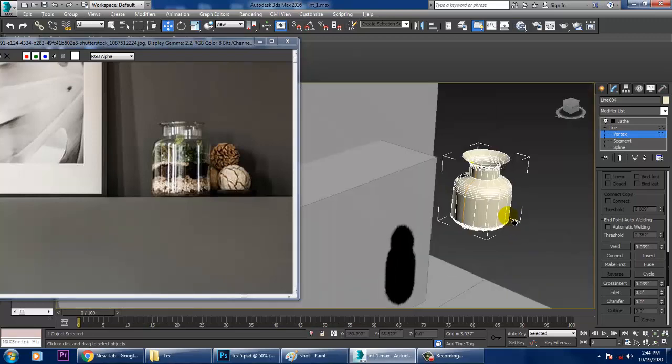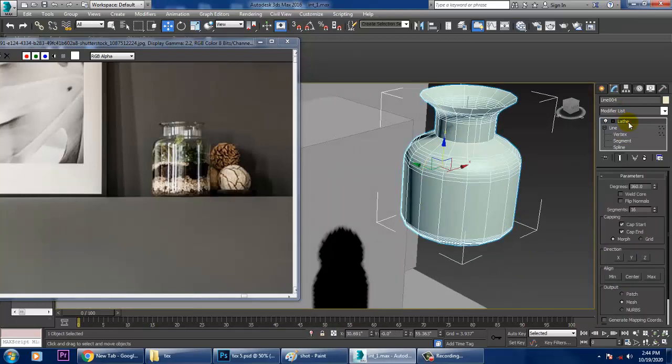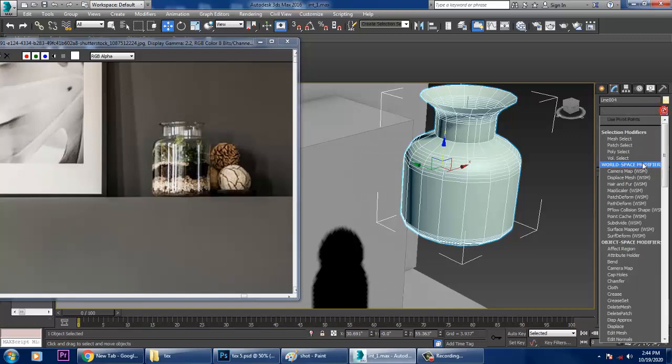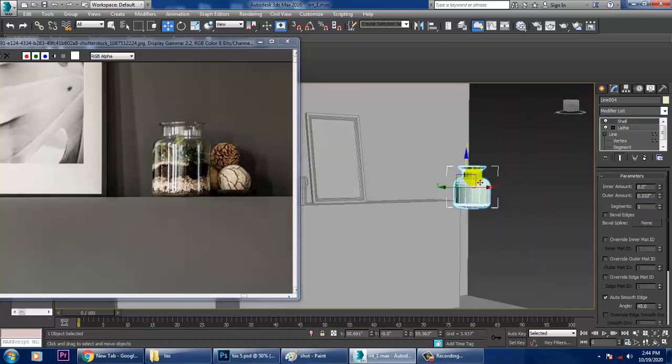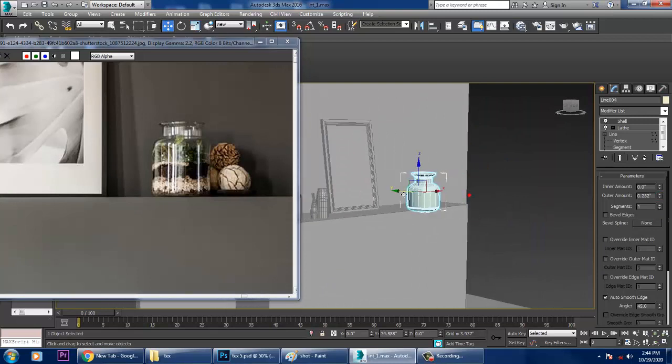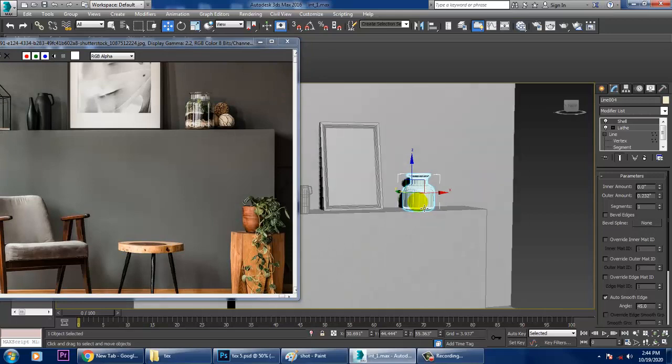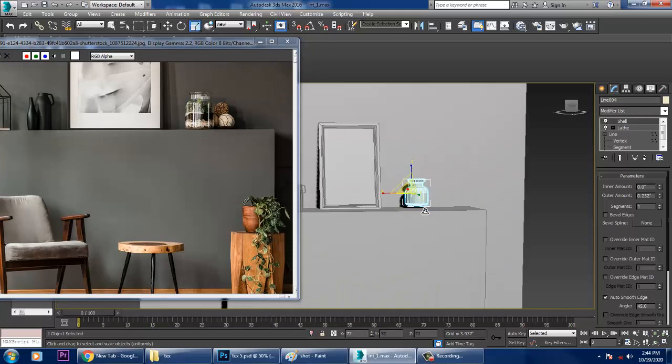So after that, what I can do over here is, like, I have a modifier called shell modifier. So shell will definitely give you a bit of thickness to it. So you can just give a shell modifier and you can just push it over here and resize this stuff.